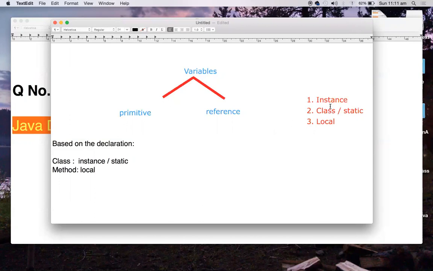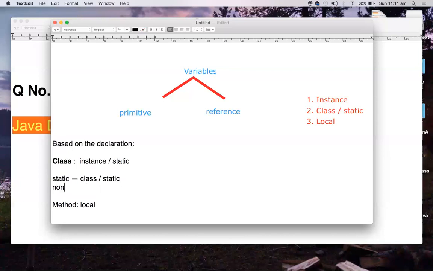If they are declared inside a class, those can be either instance or static. So when will they become instance, and when will they become static? If the static keyword is used, then they are class variables or static variables. Inside a class, if the static modifier is used, then they are class variables or static variables.